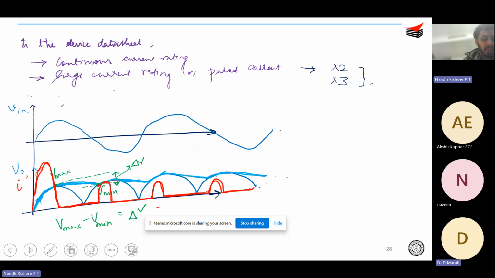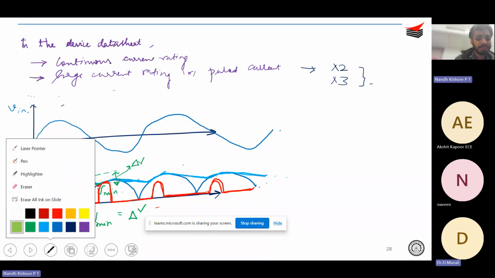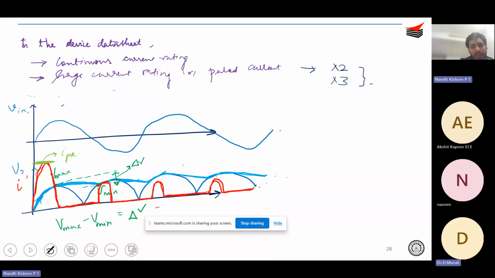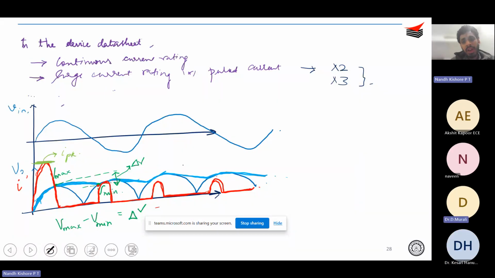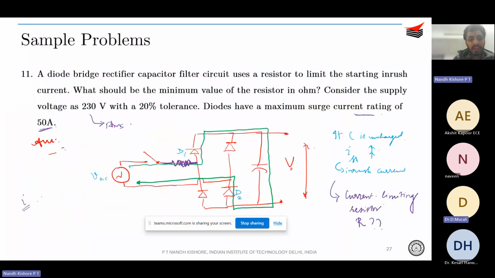Now the question is, I want to limit this particular value of current to some I peak. What should be the resistor value that I choose so that the current is limited to I peak? That is the question. Okay, so how do we solve that? We will obviously choose the resistor for the worst case condition. Therefore, your V max, correct? What is your V max? 230 volt RMS with a 20